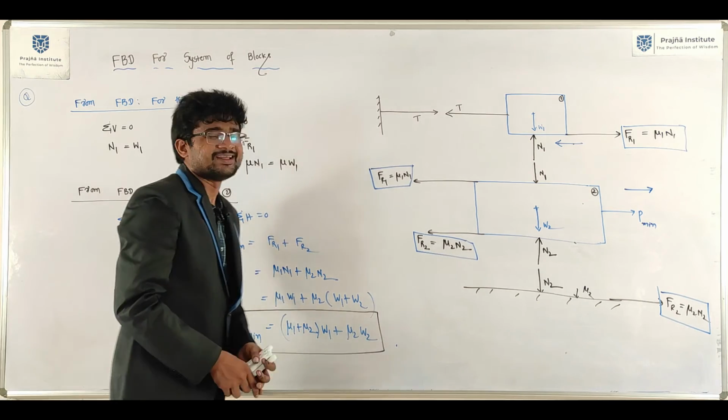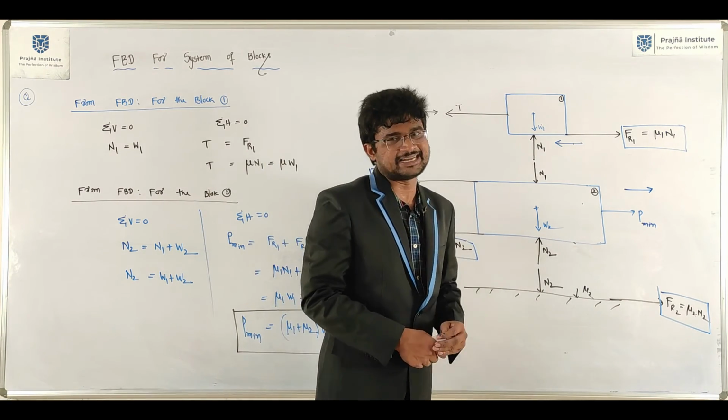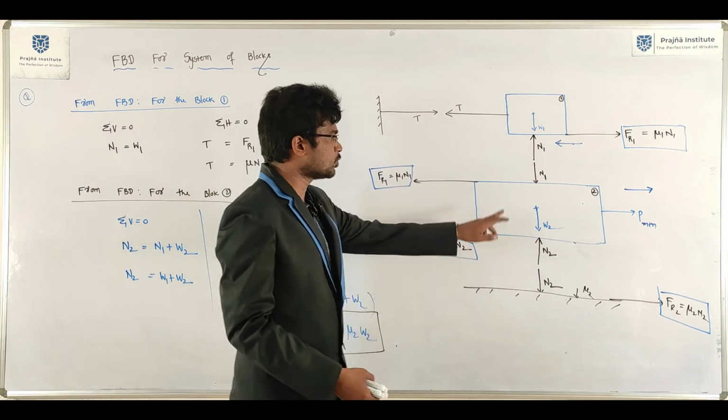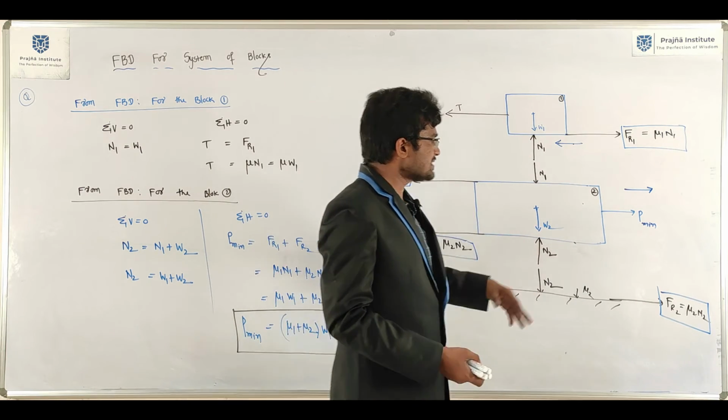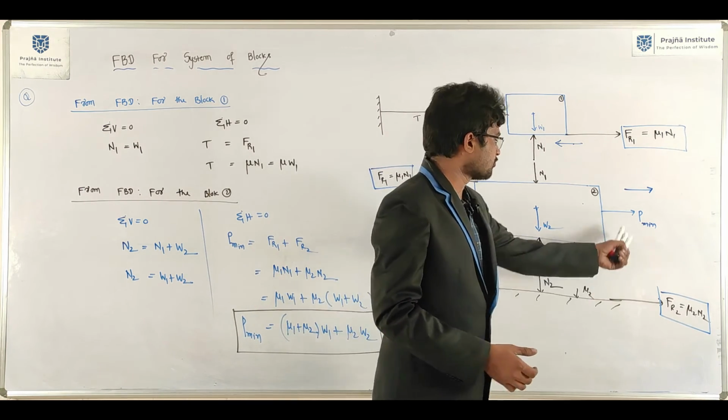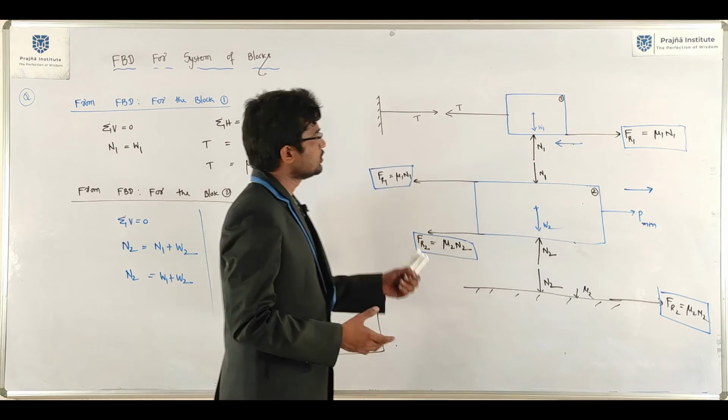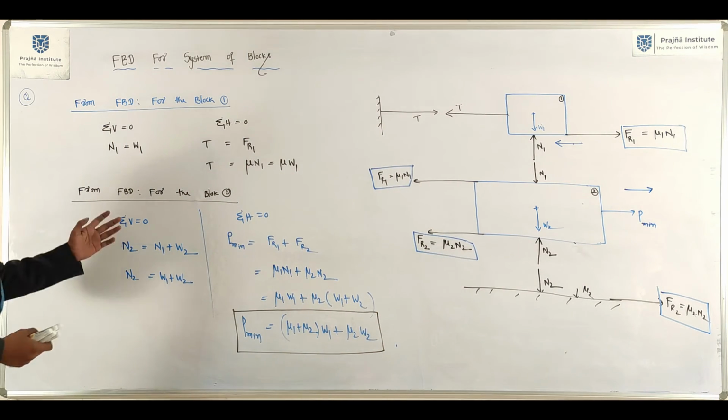Just we have drawn the free body diagram. Okay, this is also one of the previous year GATE questions. They gave two blocks. What is the magnitude of the minimum amount of force required to create a slip between the two blocks? Okay, write down up to here.